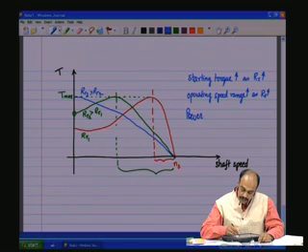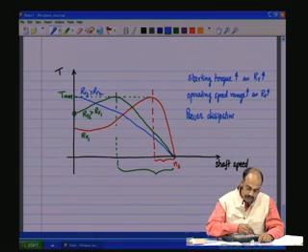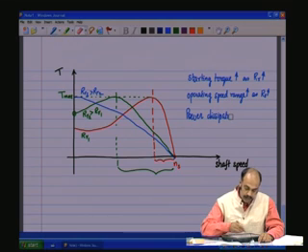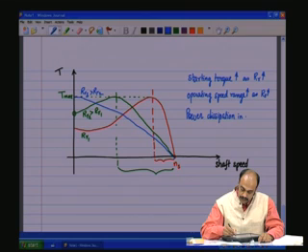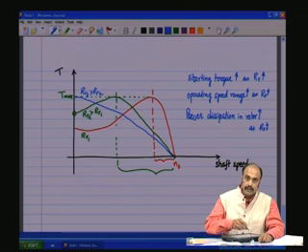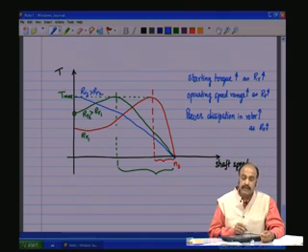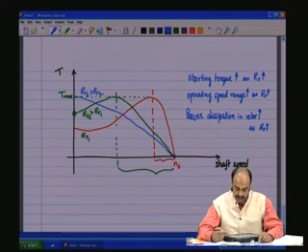Power dissipation in the rotor increases as RR increases, because now the RR, the rotor resistance, is higher, the I square R loss is going to be that much higher,